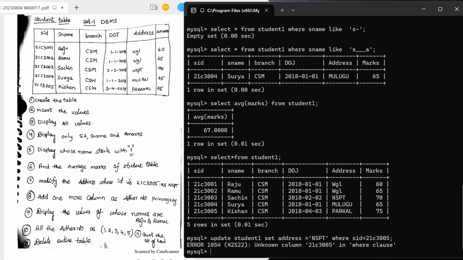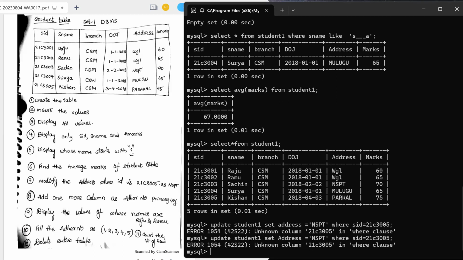Now you see what will happen. So there is an error. Update table name set address is equal to NSPT, where SID is equal to